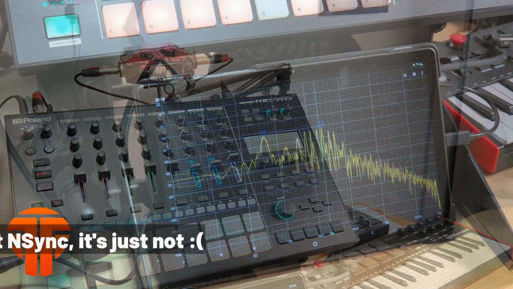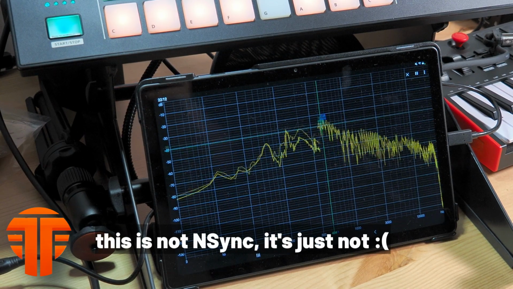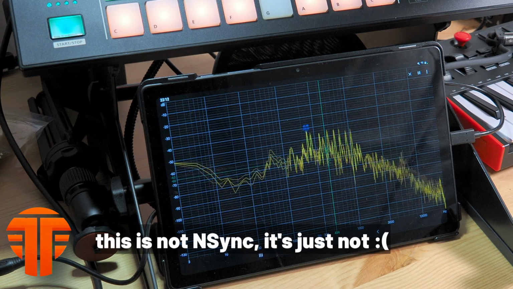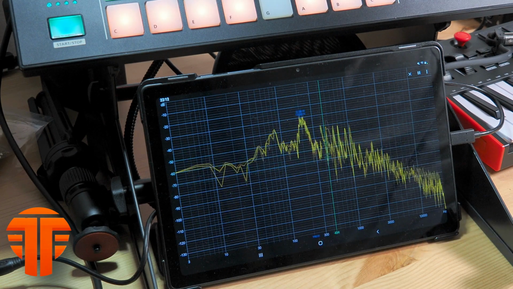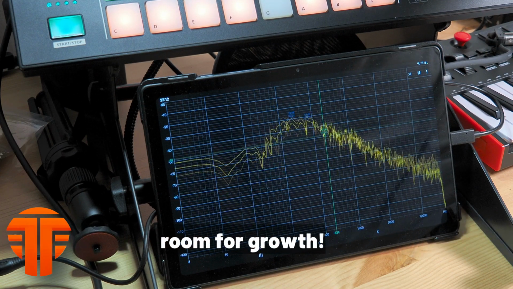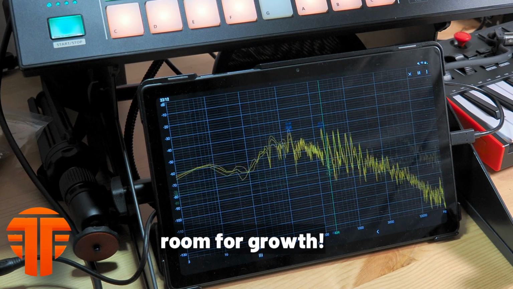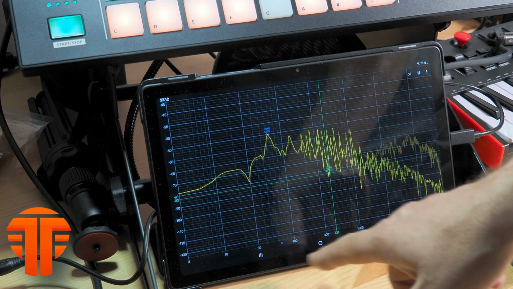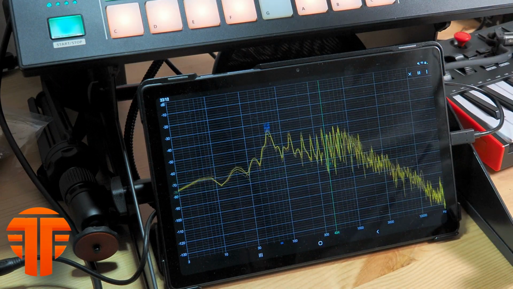The low gain varies a lot. And you can see it on the spectrum analyzer, and I think it will really help me go more and